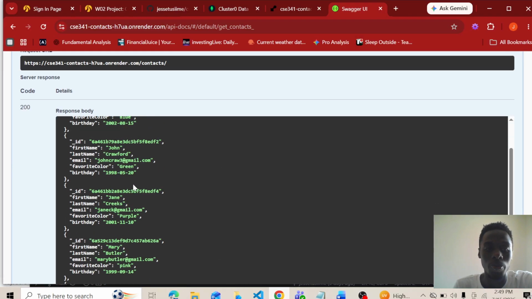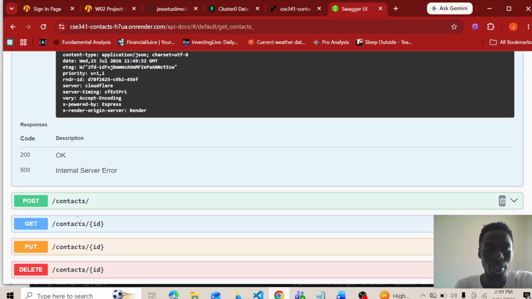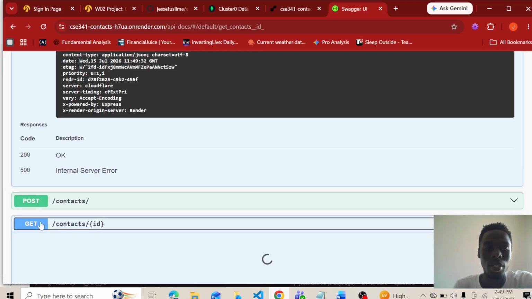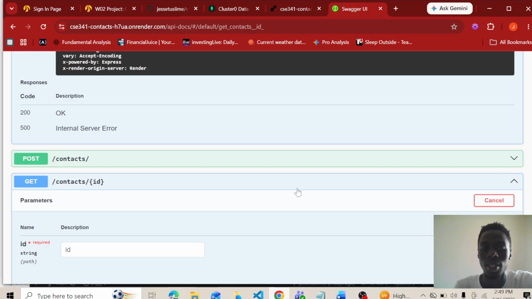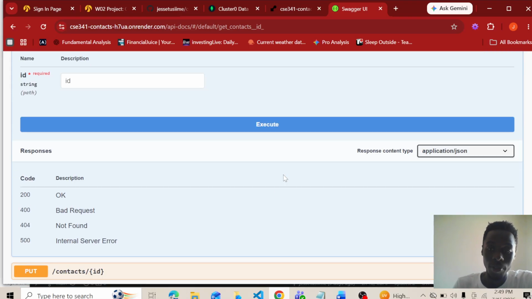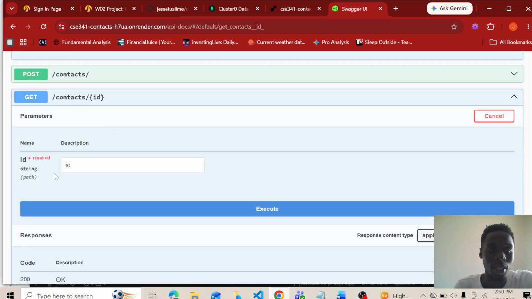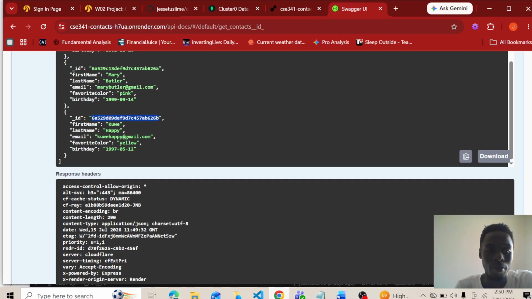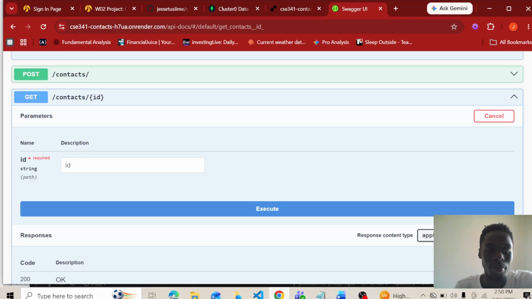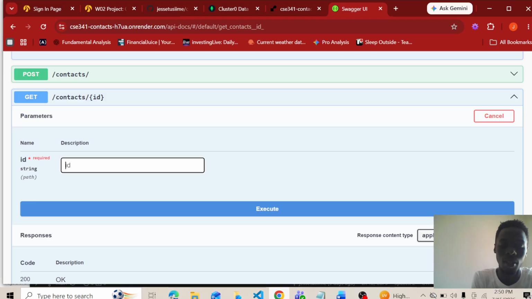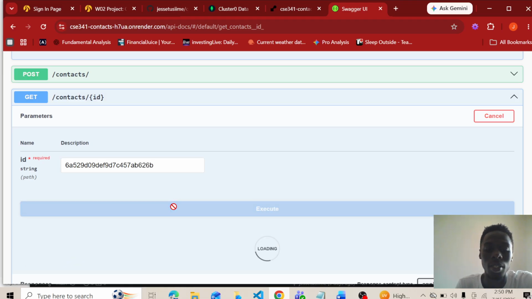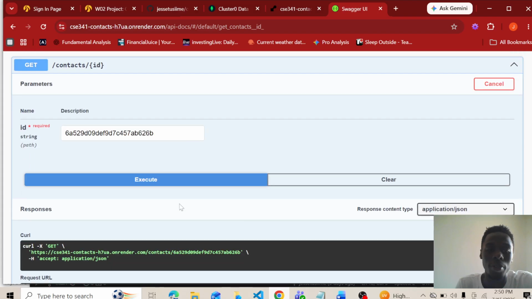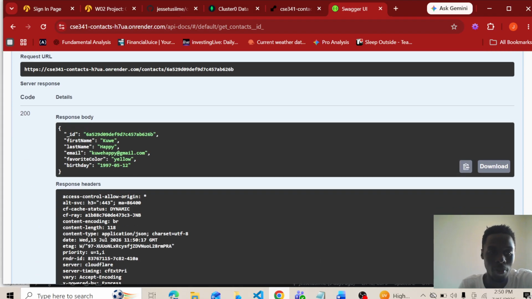So the next endpoint that I'm going to test is the get contacts by ID. So what this API endpoint does, it retrieves a single contact by its object ID from the database. So we need an object ID of a contact that we are going to grab this one here, and we shall paste it in there and click execute. So we are able to get this contact here, we're happy,